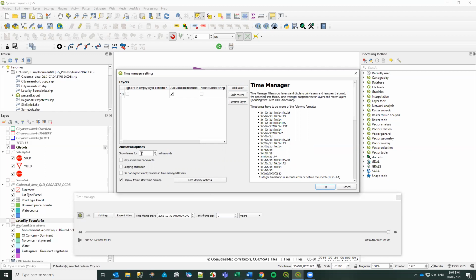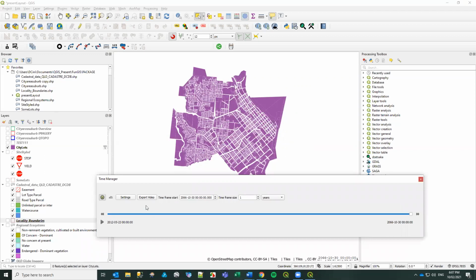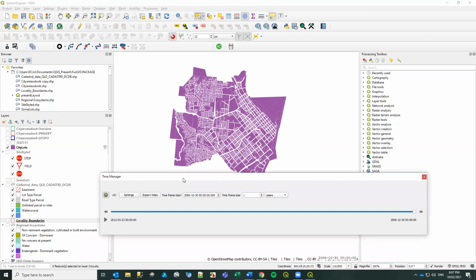I keep it to a low millisecond only because I've got like 20,000 objects in this layer. I press OK, and as you see, it tells you you need to have a date field, or you need to set up a widget for the date there. Will take a little bit because it's 40,000 records. Like I just said, though, you can set up widgets within the property of layers, so you can convert them to dates and have them read as dates, but you're better to set it up as